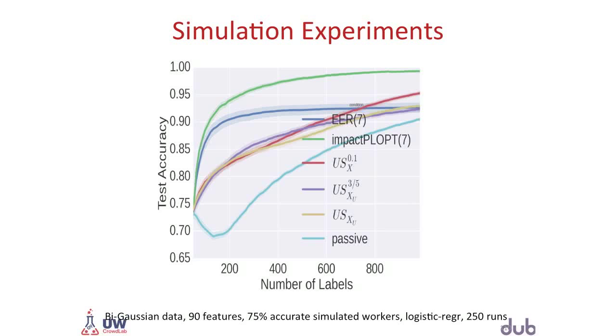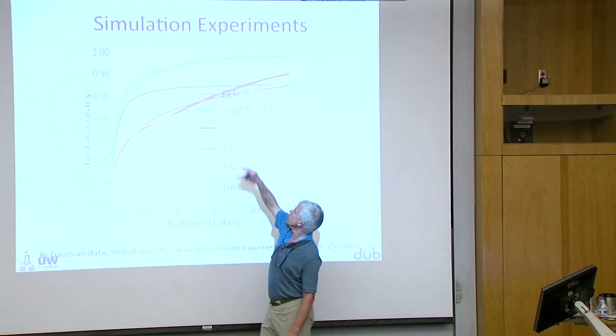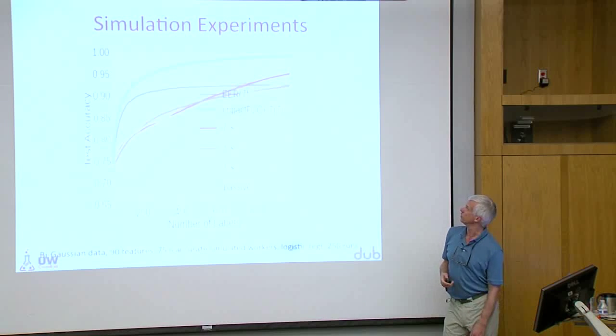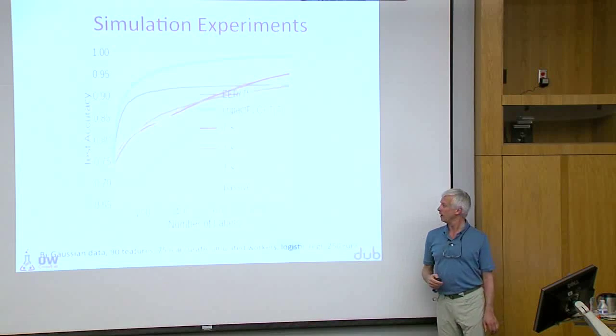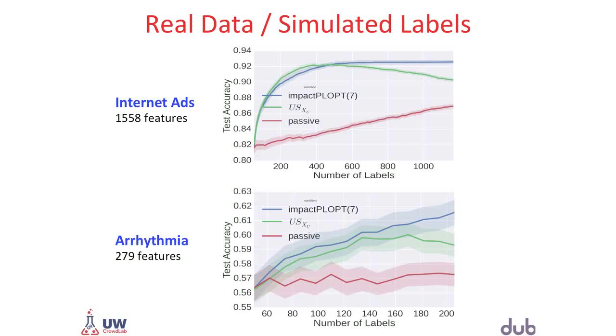Anyway, here you can see that we do much, much better. So this is the number of labels, the annotation budget, and on the y-axis, you've got the accuracy on a held-out test set, and you can see the green curve, which is impact sampling, really does much, much better. So it's pretty good. The one weakness here is that this is a simulation experiment. So when we tried it on real data, we got some good results, but the results weren't as positive as we'd seen on the simulated data. So that was a little bit frustrating.